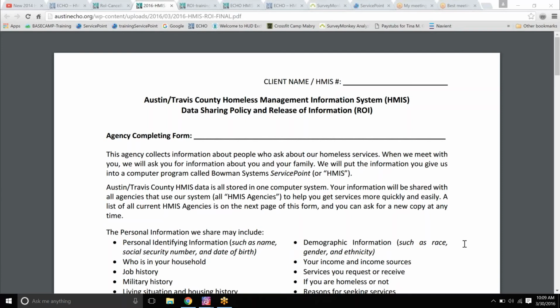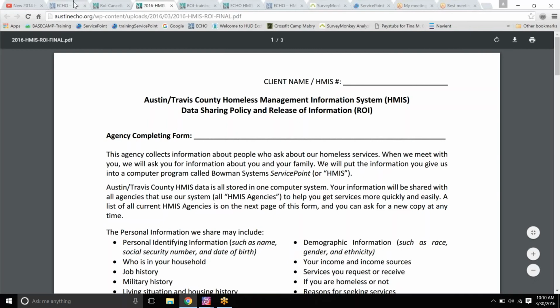So for this training, you'll need to have a copy of the new release of information. That was attached to the email that I sent you guys, and it's also online at austinecho.org under the HMIS documents. It's the first document. It's labeled 2016 ROI, and it looks like this.